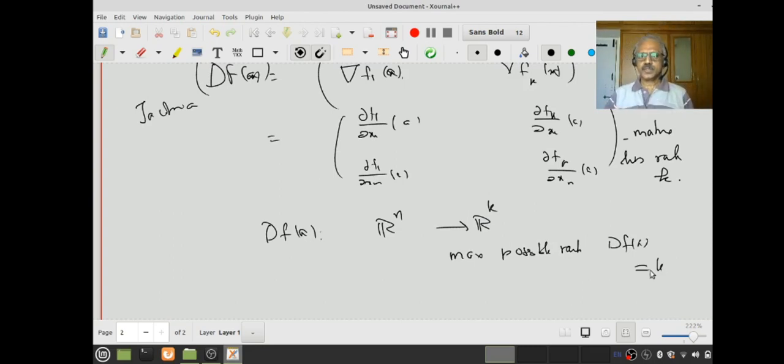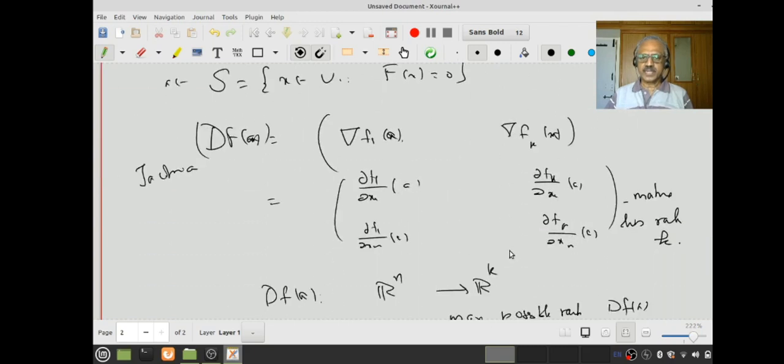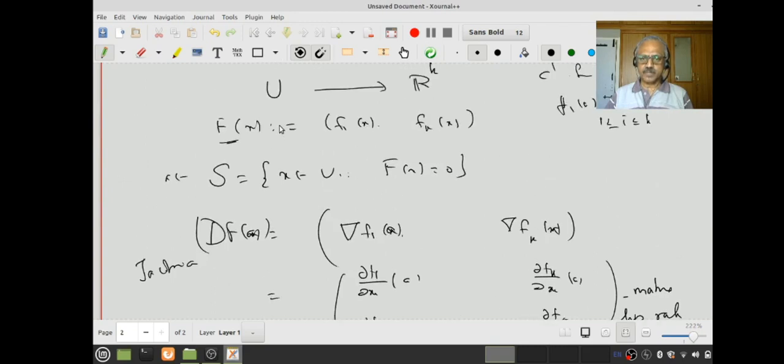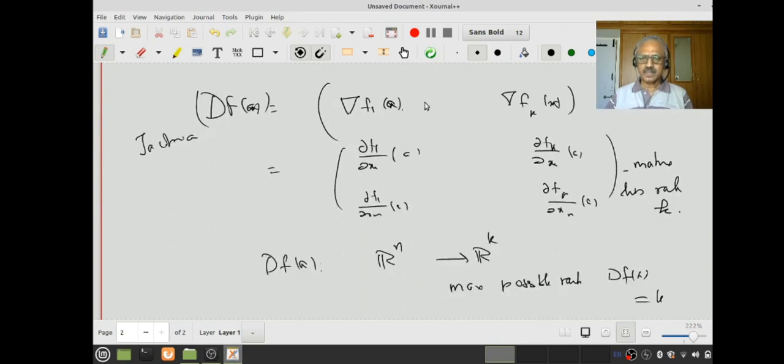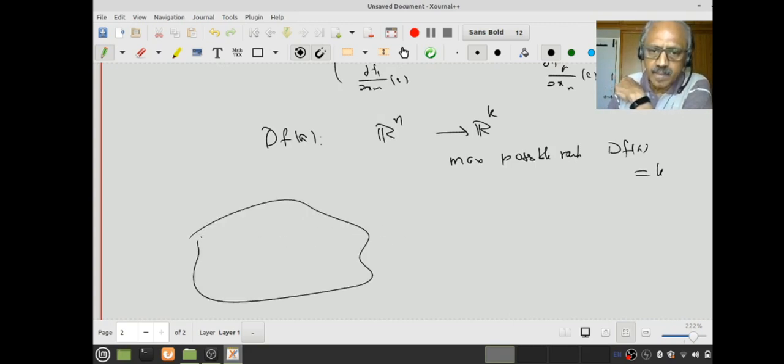So what you are assuming is, instead of saying the del Fi at A are linearly independent, I can as well say, look at this capital F, which is a map from U to Rk, then the derivative of F at A should have rank k. Have you understood? Then I expect there exists, this is my S, this is my U, and this is my A. There is an open set UA, right? And this portion,